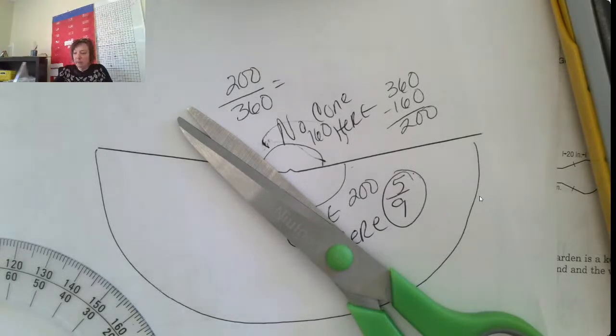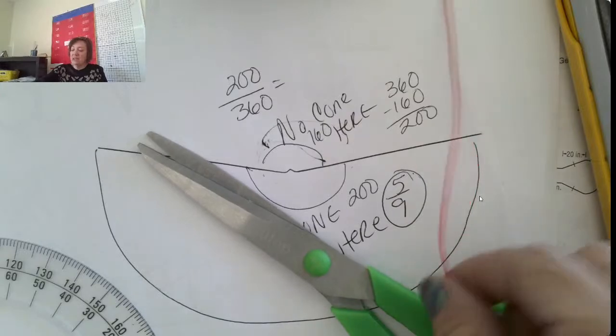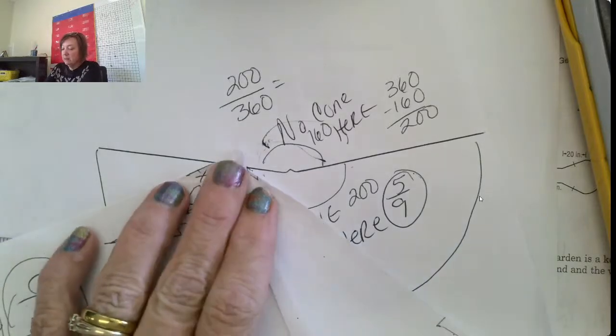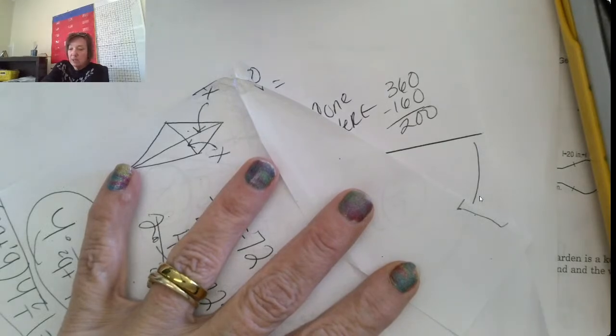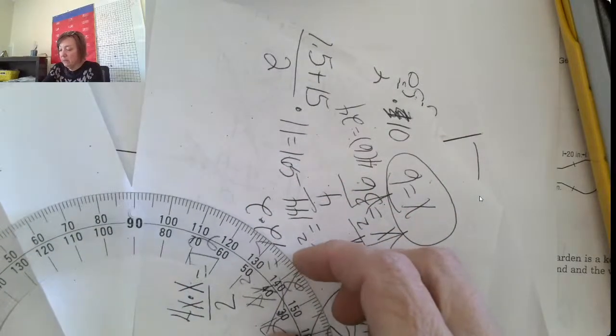So I'm going to pull it off, right? And I'm just going to slice it straight up to the point. Straight up. So it's straight up to the point. And then there it is. Okay? Does everybody see it? So if we measure this from the center to the best of our ability,